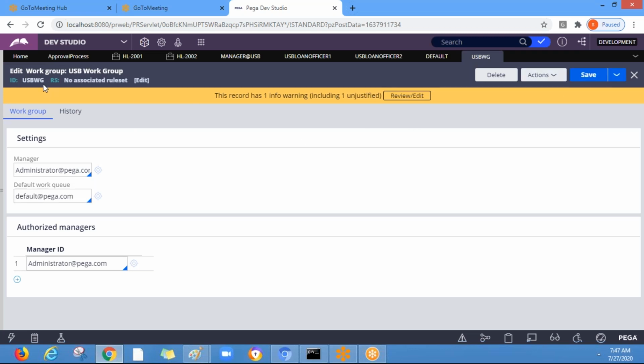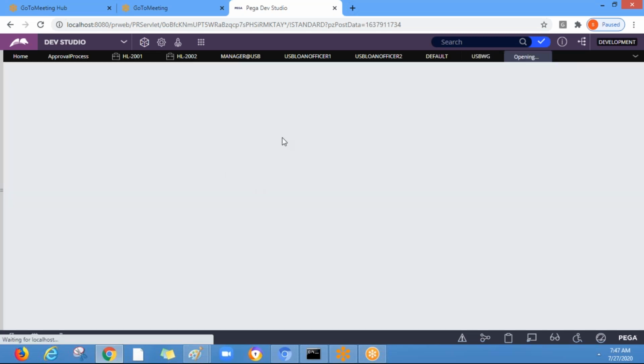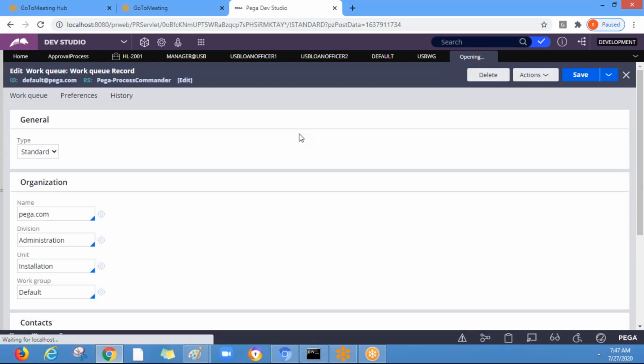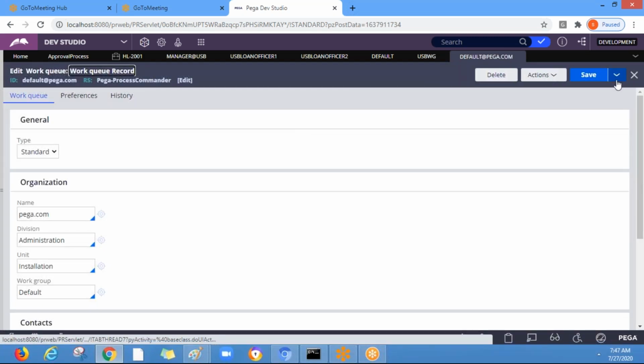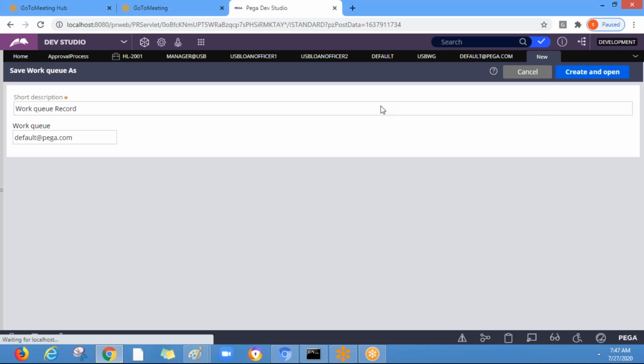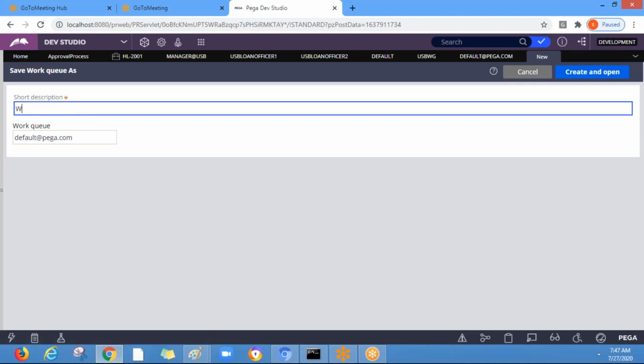So first you save the USB work group and take the work queue. And save as. Let's say USB work queue.